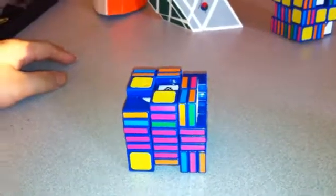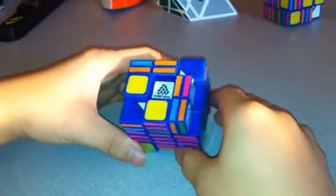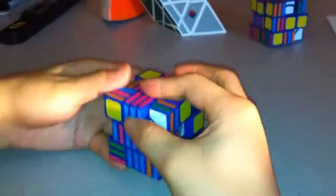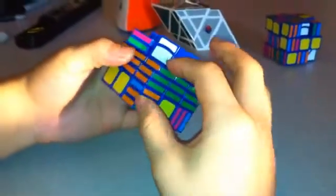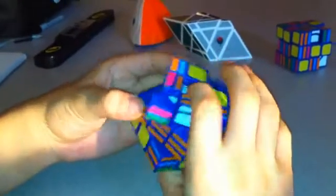This is the second part to the tutorial for the WitEden Super 3x3x8 Type 1. In the last part, I finished solving this middle layer. And now I want to solve the layers that are right outside of the middle layer and between the two